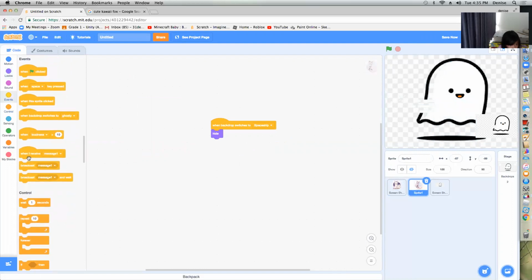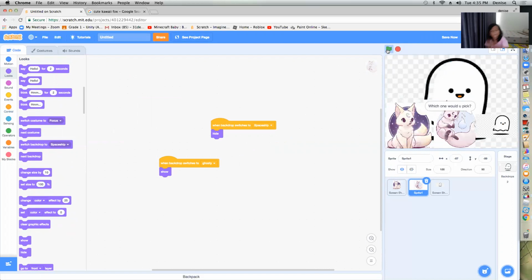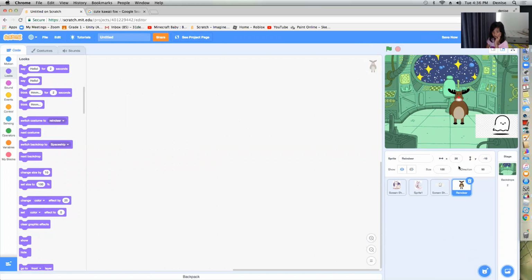Then show again. Let's try. Oh, reindeer in a spaceship.